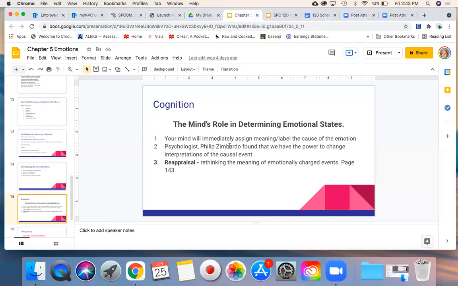Not often, but I can recognize when I'm having an emotion that's too strong for the event. Maybe something happened and I'm really, really upset, really emotionally charged. Reappraisal would be me rethinking it and asking myself, is this an appropriate strength of my reaction to the situation that happened? That's something that I've become more cognitive about, understanding that sometimes my reactions to things are too strong for the actual event that happened.